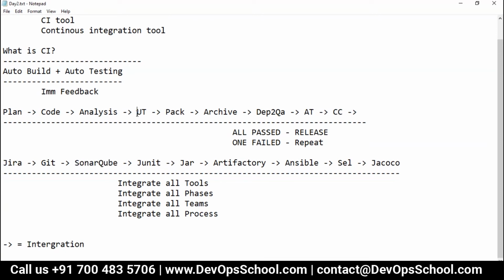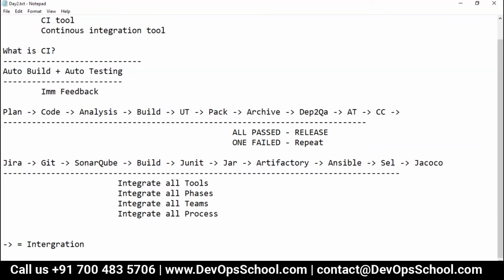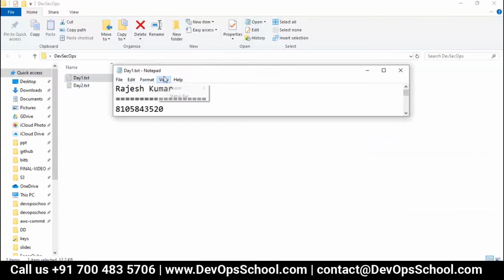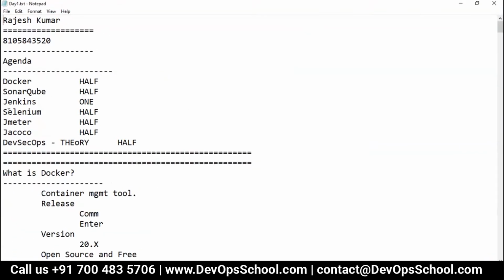By the way, I did miss the build phase here. Do we have Maven and all?